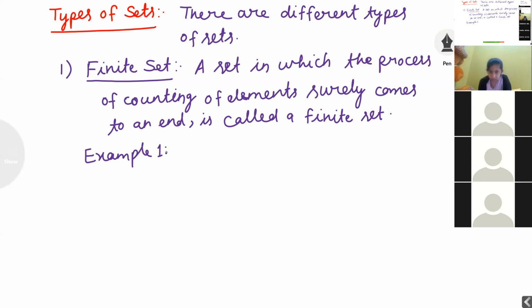Example first, the set of all vowels in the English alphabet.